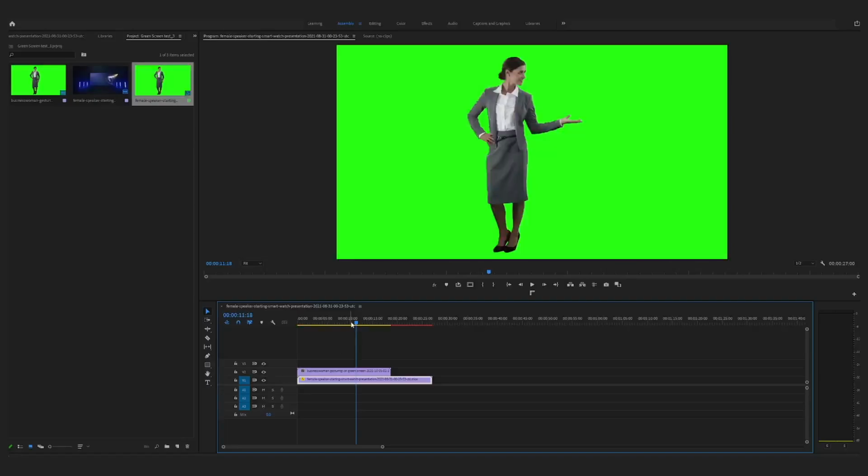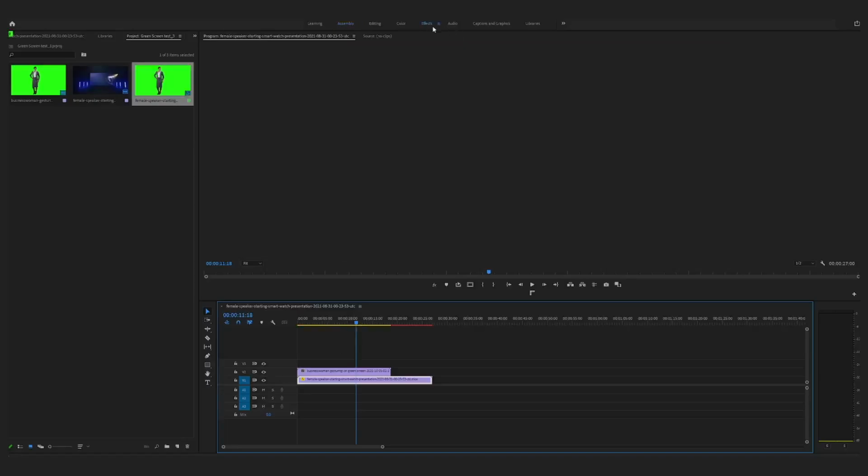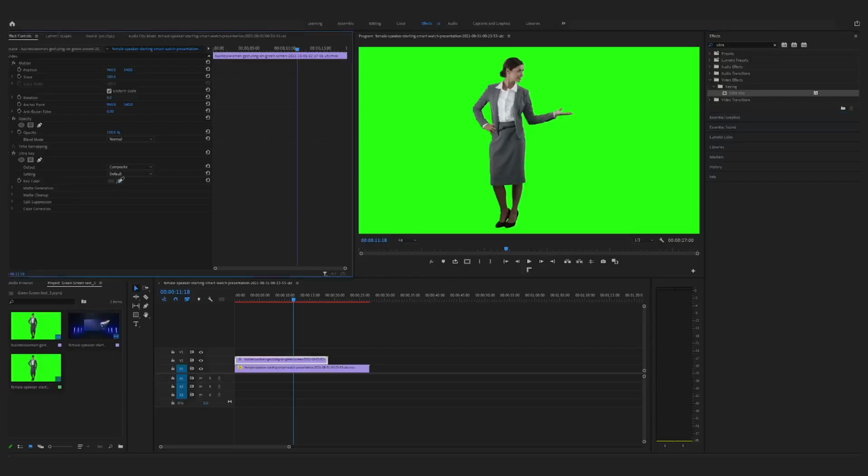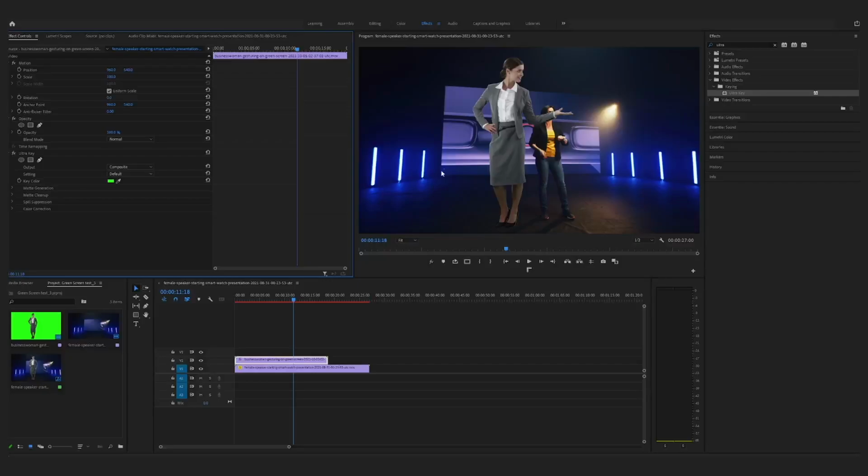Once we've done that, we open the Effects tab found at the top of the screen there and search in this bar for Ultra key. And we drag that over onto the top layer, which is of the businesswoman. And then over here we've got the key color setting. We want to open up the color selection tool and we click on the background to remove the green, and that'll work across, whether it's blue or white,